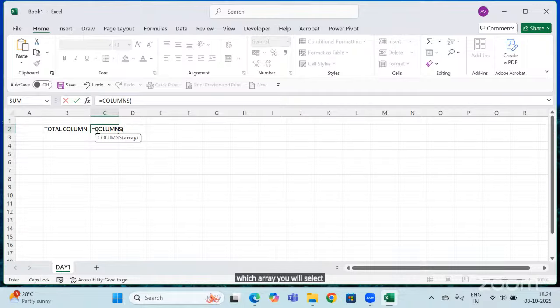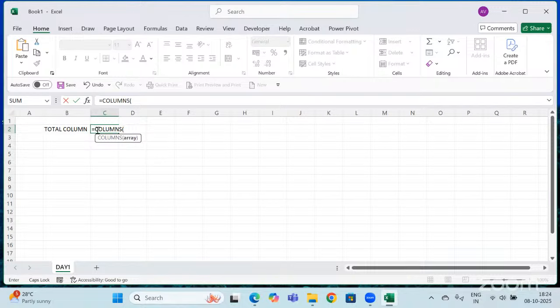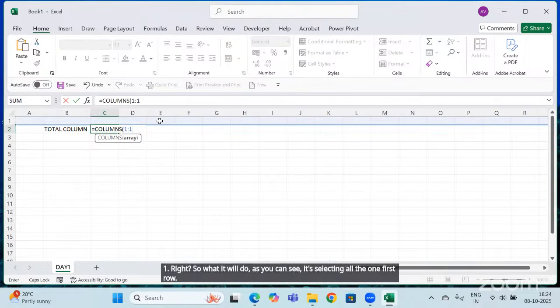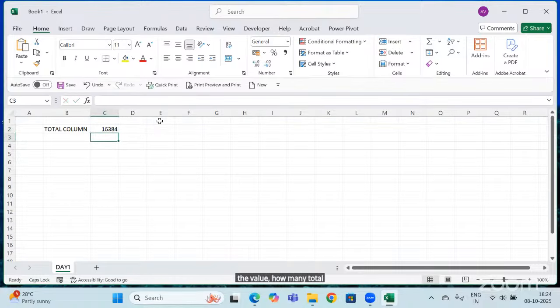You will select the column array or the row array. For the column, you always select the row array, like 1:1. What it will do, as you can see, is select all of the first row. So what will it give you in return? The value, how many total columns we have. So total columns we have 16,384.